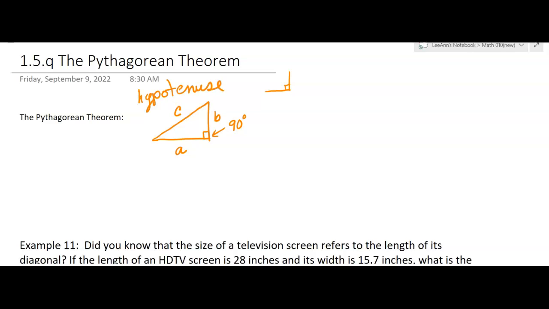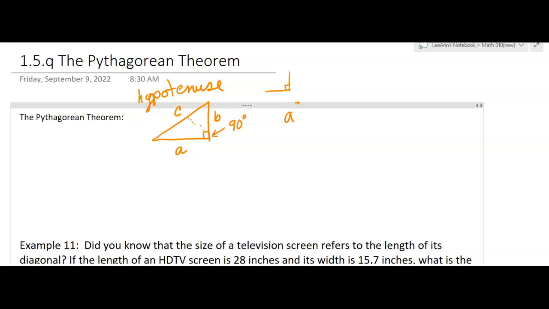The long side is C. Now that's important. It doesn't matter which one's A or B on the sides, but you have to get the hypotenuse right. It is across from the right angle, and it'll be the longest side. That's the hypotenuse. Okay, when we have this right triangle labeled that way, then the relationship says that